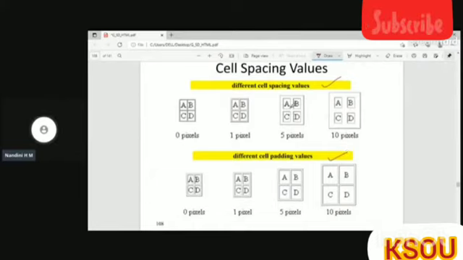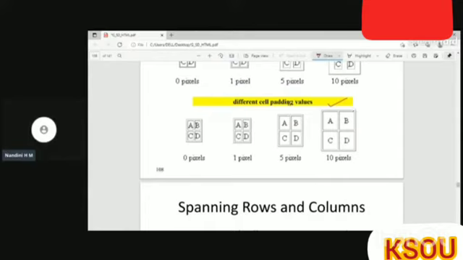You can see here, when I have given the cellspacing attribute and value, it adds space between the cells. This is cell 1 and this is cell 2. So when you increase the value of the cell spacing, it creates a space between the cells. You can see here there is a space. But when you give a value for cell padding, it will pad the space between the element and the cell border. You can see here, this is the cell padding.